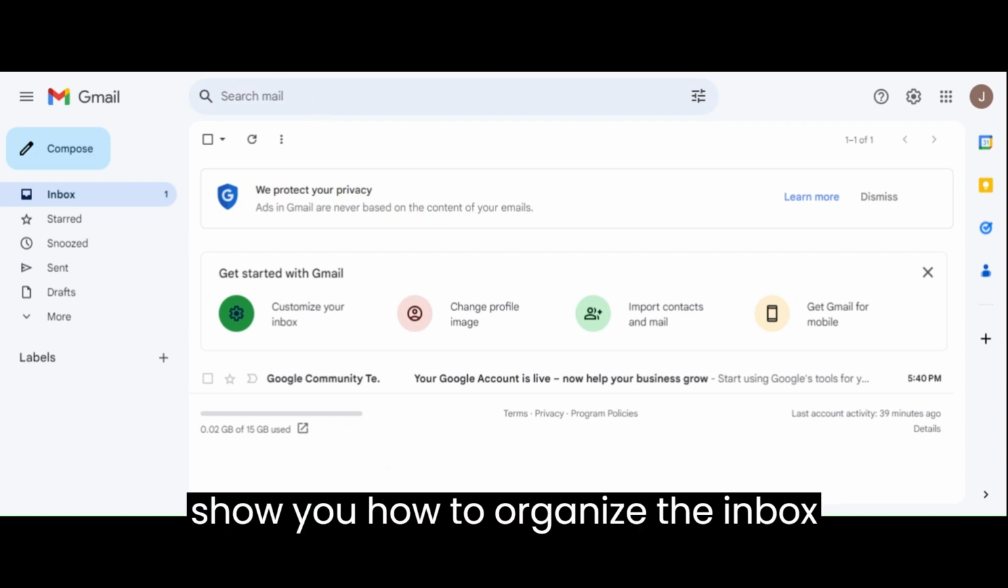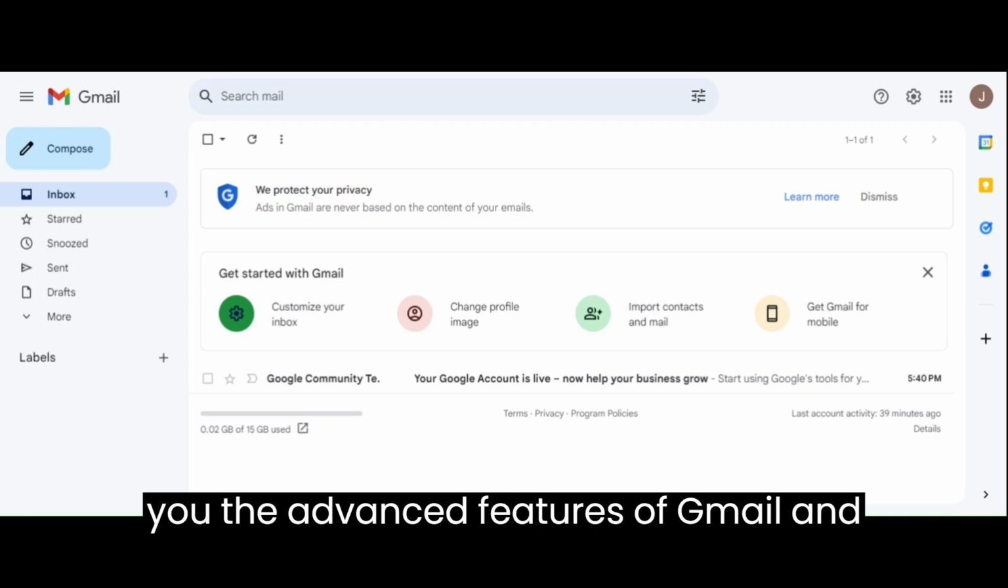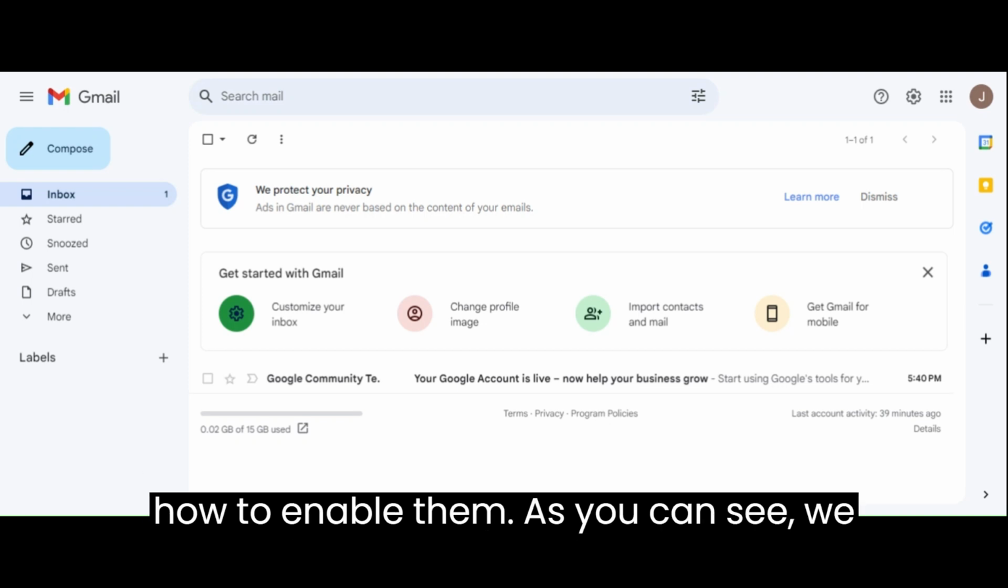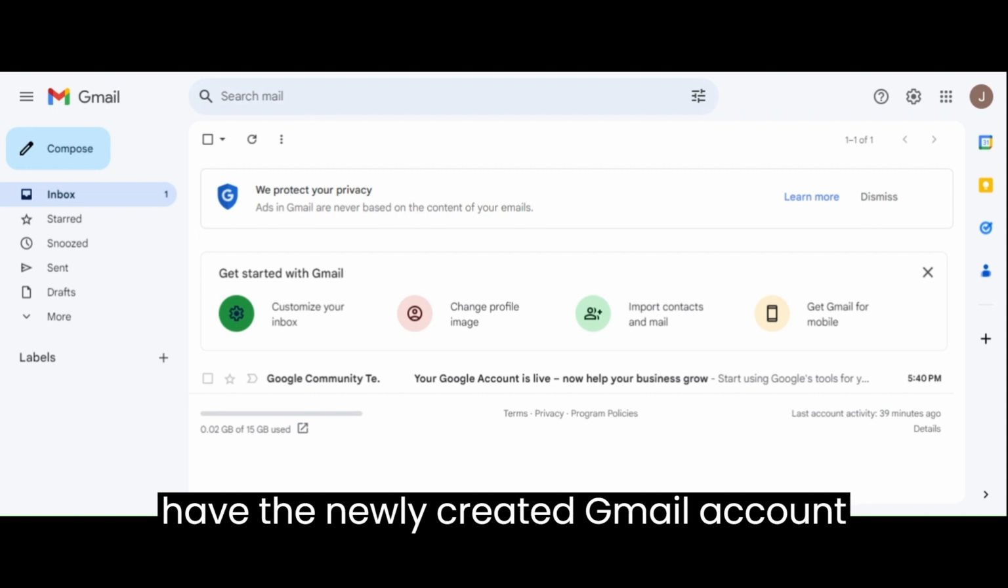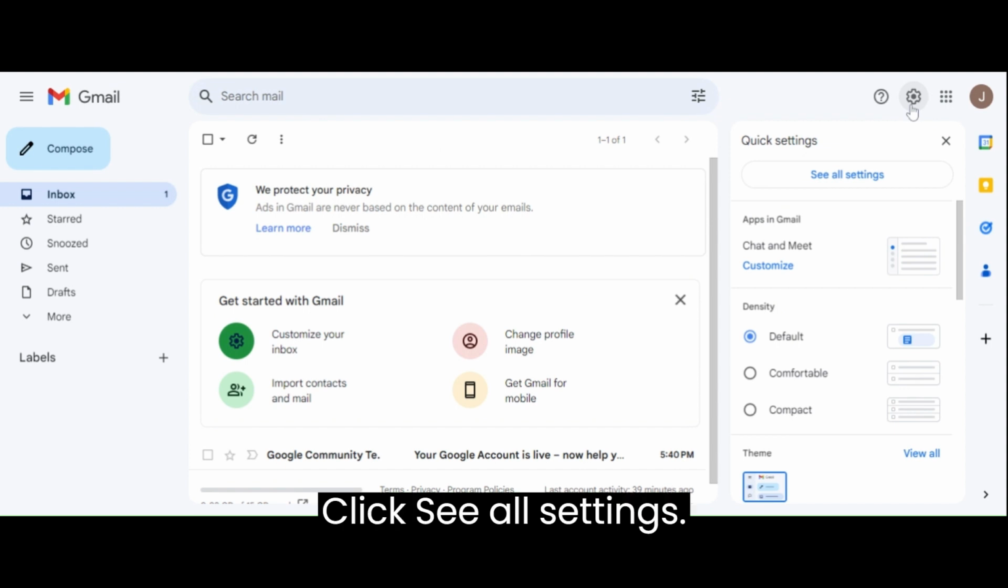In this video, I will show you how to organize the inbox section of your Gmail. I will also show you the advanced features of Gmail and how to enable them. As you can see, we have the newly created Gmail account here. Now click the icon button, click See All Settings,